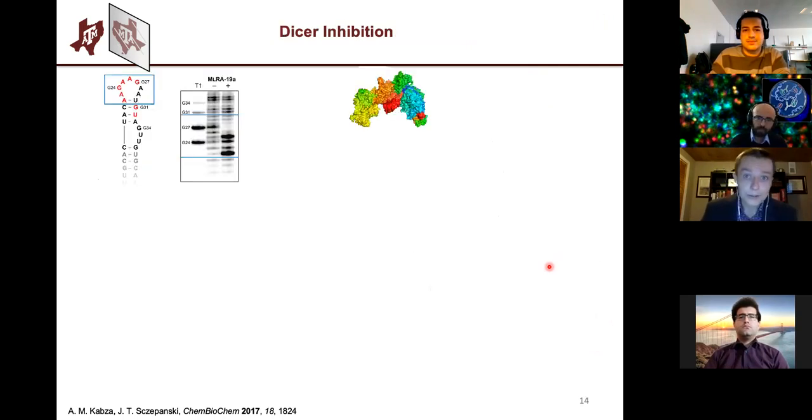All right, so once we did this, we needed to check, do we actually inhibit dicer? Because that was sort of the whole point of this system. So we started by doing what's called a footprinting analysis. As I showed you earlier, dicer cleaves at these 2 points just adjacent to the loop region